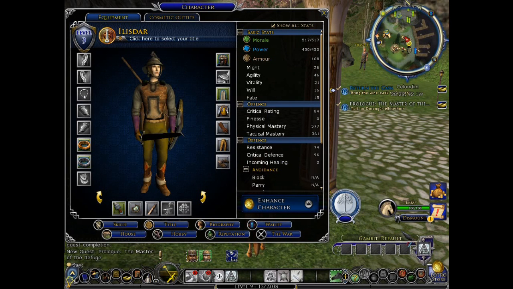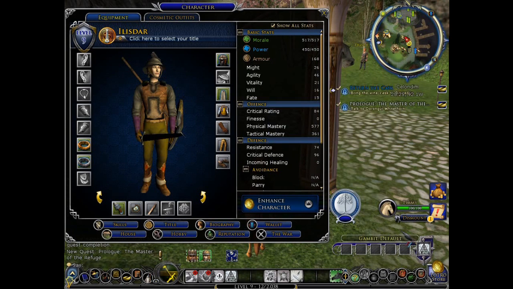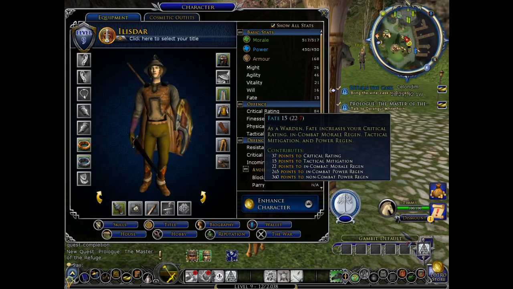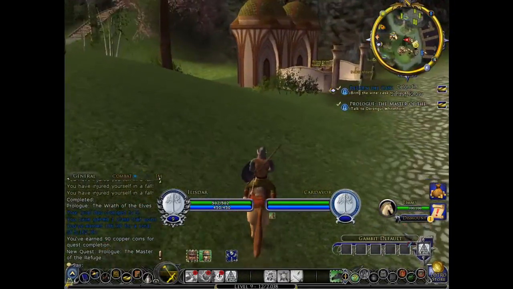Some people might think that Might should come after Fate, or before Fate, so it would be Agility, Vitality, Might instead of Agility, Vitality, Fate, because of the parry and block rating. Yeah, I do agree with that, but the in-combat power regen and health regen is impossibly useful. So, yeah, I will be cutting away as I do...